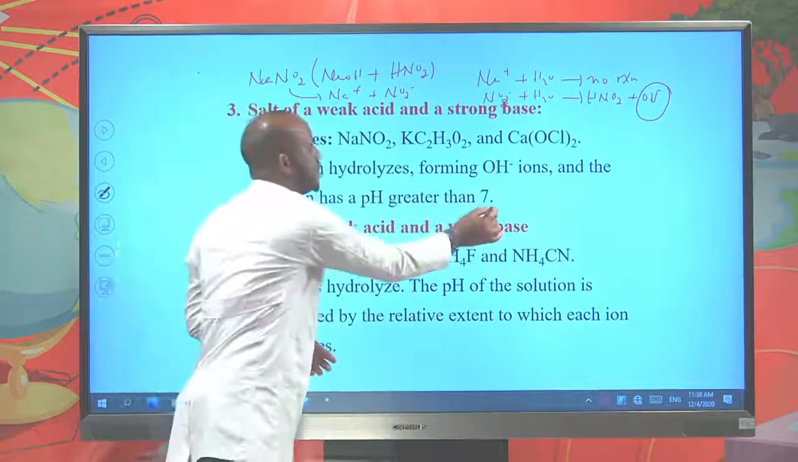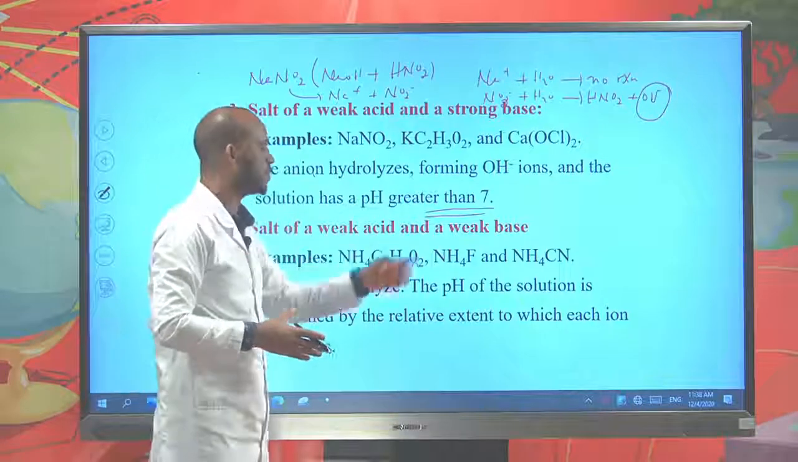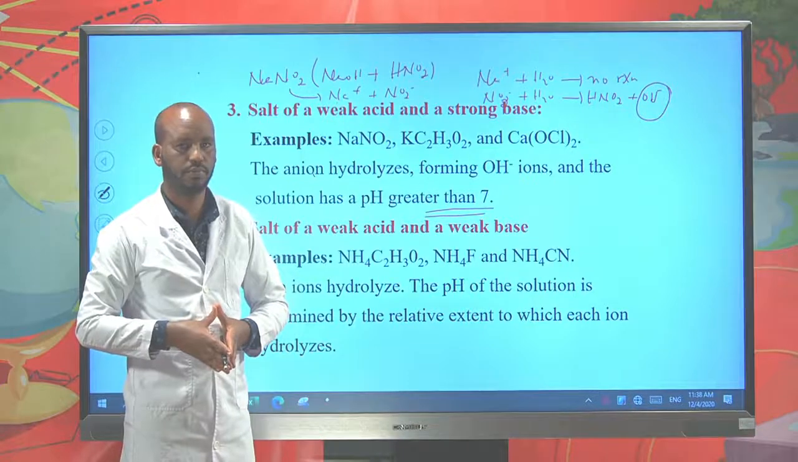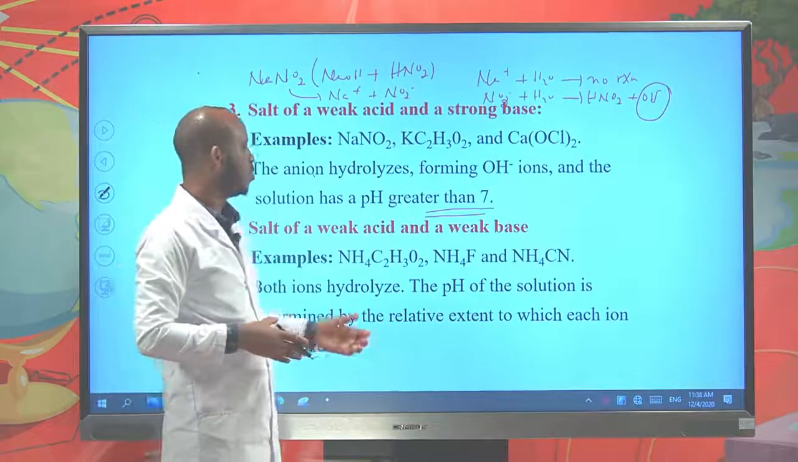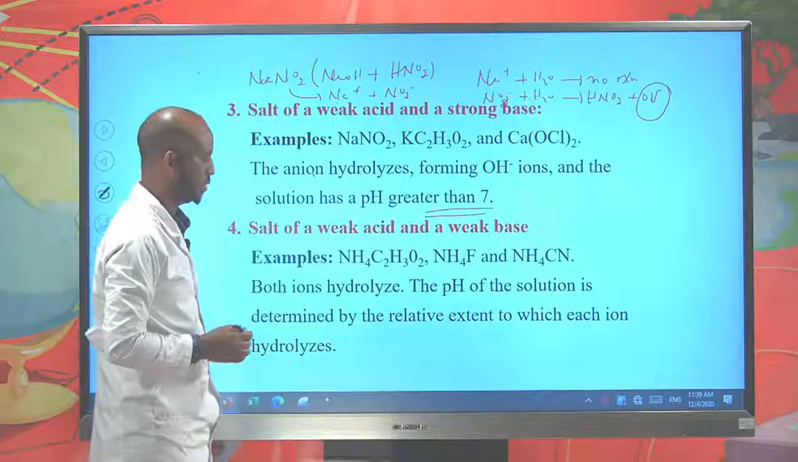See? Basic solution. Number 4, salts of a weak acid and a weak base. What happens to the pH of a solution if a salt derived from a weak acid and a weak base is dissolved in water? Good. The solution can become either acidic, basic, or neutral, depending on the dissociation of the acid and the base. For example, take ammonium acetate,